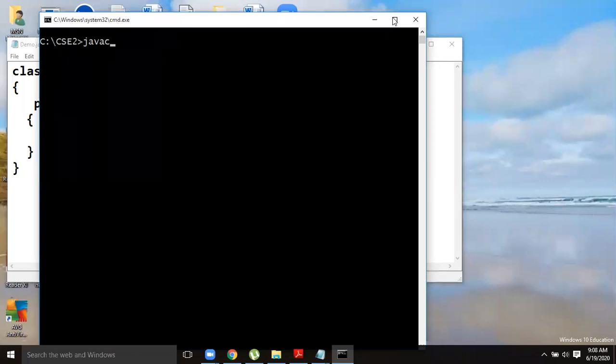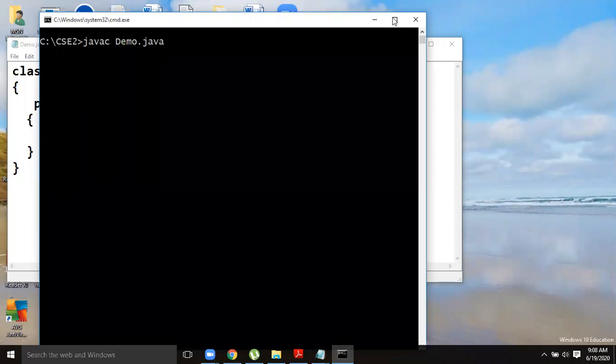So first of all, I am taking my Java compiler, that is javac, to compile a Java program. javac space, I have to write my Java program. What is my Java program? In this case, Demo.java. So the compilation procedure is javac space file name. I have written the file name. Press enter. So it contains no syntax error. My Java program is successfully compiled.